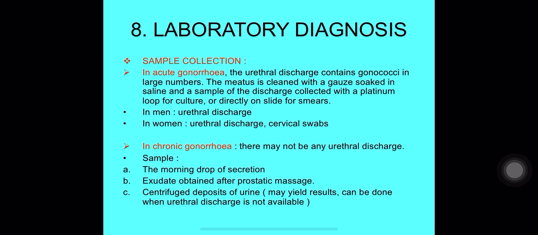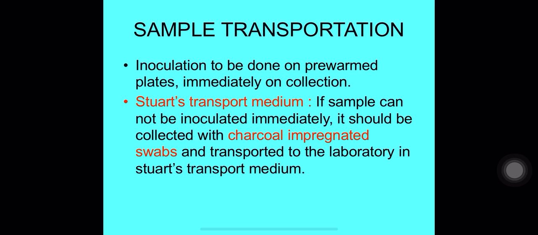In chronic gonorrhea, there may not be any discharge. The morning drop of secretion can be taken, or exudate obtained after prostatic massage. Centrifuged deposit of urine can be used as a sample. For sample transportation, Stuart transport medium is used for gonococci. If the sample cannot be inoculated immediately, it should be collected with charcoal impregnated swabs and transported in the Stuart's